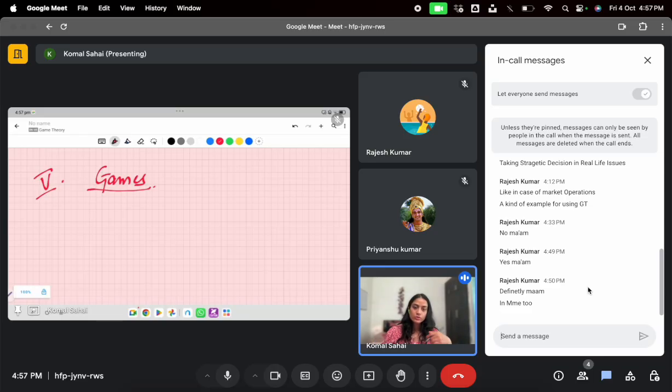There will be students who can solve games but they have no idea what a game is, right? So we need to make our understanding much better than that so that we actually understand what games are, what strategic decision making is. ठीक है. So before starting games, the first thing that we will need to do is we need to